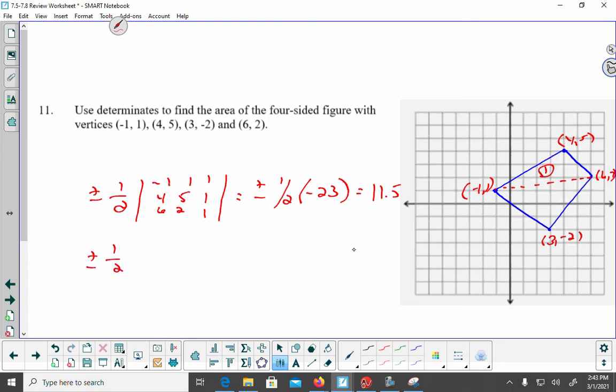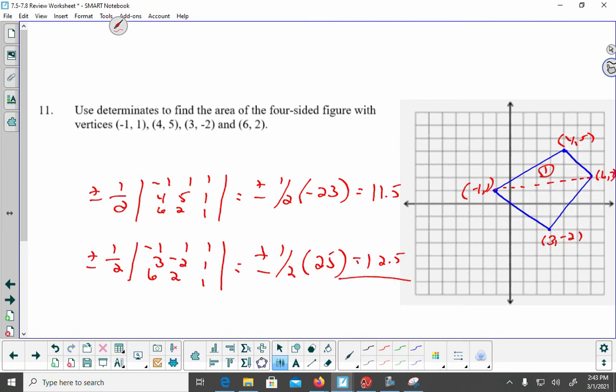Then when I do the determinant of this one, I'm going to have -1, 1, 3, 2, well, 3, -2, and then 6, 2, my column of ones. So plus or minus 1/2. This time I got a positive 25. So I'm going to take half of that and get 12.5. And when I add those, I get 24 square units. You must multiply the 1/2, make it positive, multiply it by the 1/2 before you add them together. That is a must. You must do that. So here's triangle. This is the area for 1. This is the area for 2. The area of the whole 4-sided figure